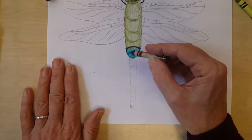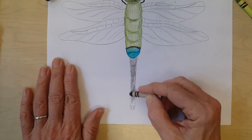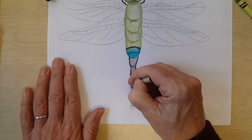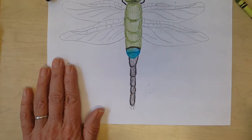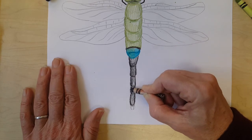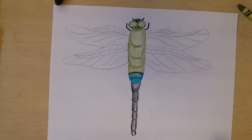The abdomen is black. But I'm going to press light, and then I'm going to press dark where I want my segments to show up. And I can outline it that way. Okay, so I'm going to outline my segments. They remind me of how spiders' legs are made. Okay, and then I can make it dark here and there where I want it to look more three-dimensional. This little pincher part at the bottom, I can press hard. Okay, so that's the body of my